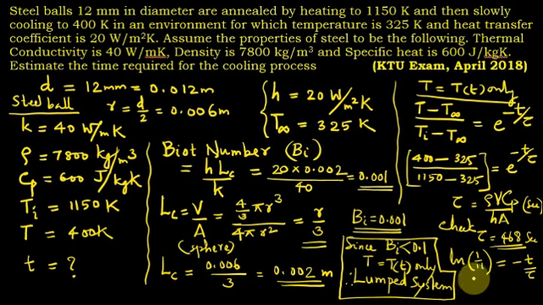So you will get what is t. So t is around, please verify the answer by yourself, 1122.2 seconds something, and convert it into minutes by dividing by 60. So you'll get 18.7 minutes, or 1122.2 seconds. So this is the answer for you.